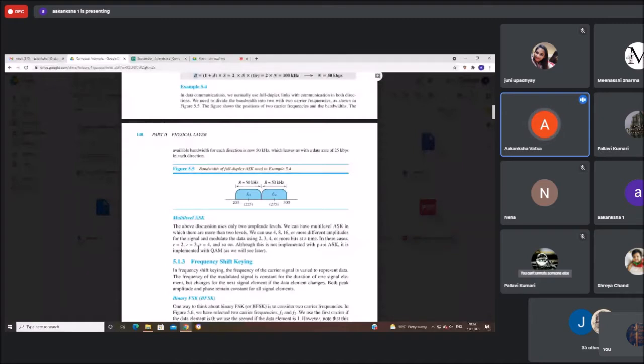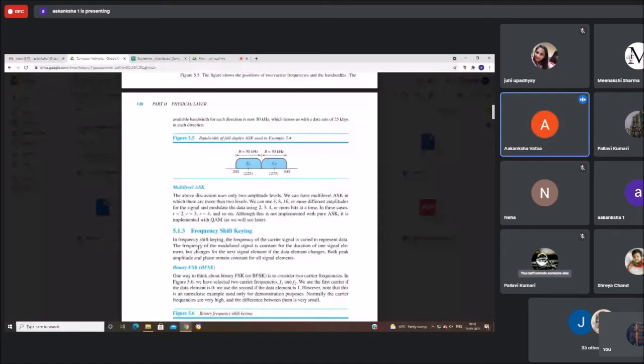So the next type of shift keying, or modulation technique, or conversion technique from digital to analog signaling, is frequency shift keying. Now my carrier signal is again an analog signal, which is a sine wave, but it will be changed and will represent different types of digital information which it will be carrying. So now suppose